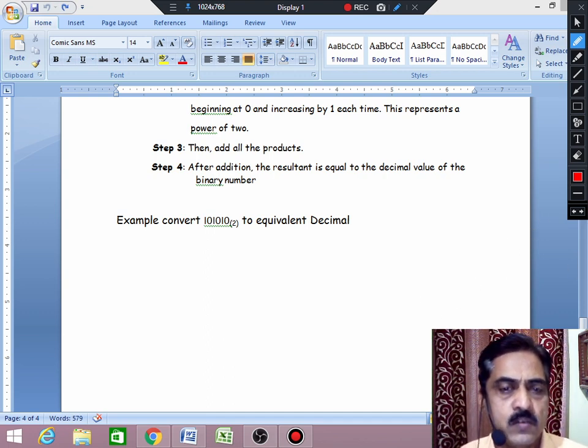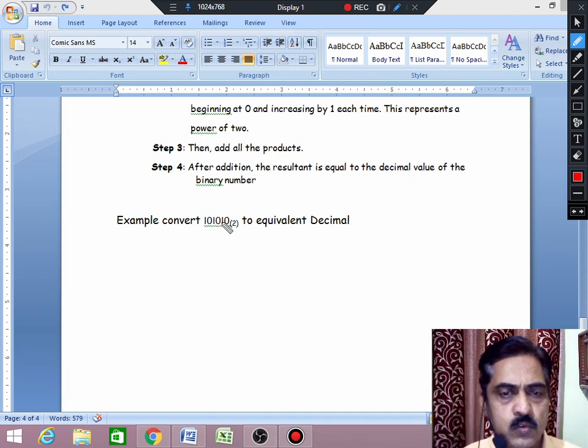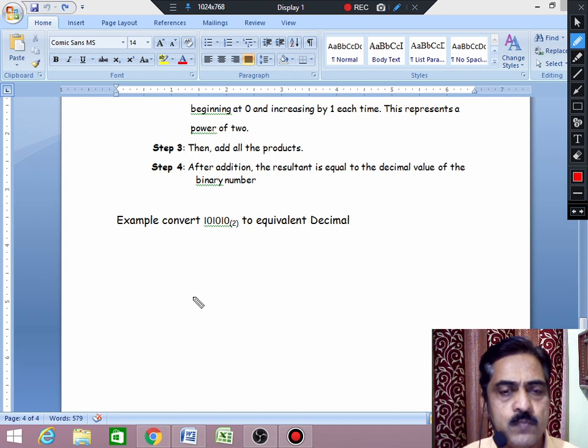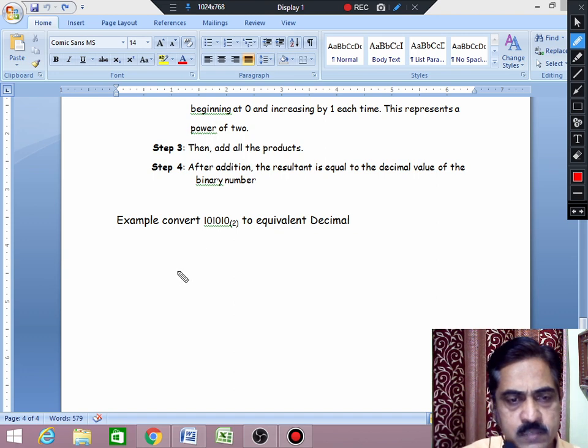See here, first of all we have to count how many digits are in the given number. So in the given binary number, 1, 2, 3, 4, 5, 6 digits are there. Now you have to write, starting from the leftmost. The first number is 1. You see here, 101010, write the first one, then